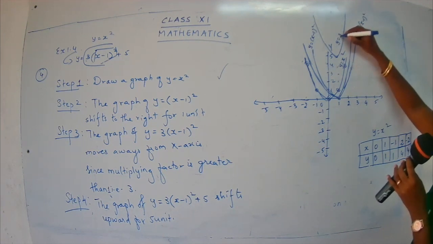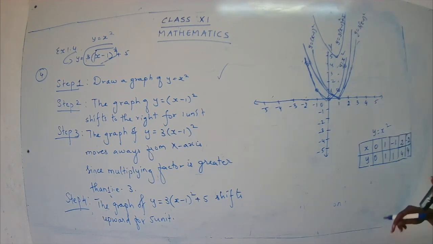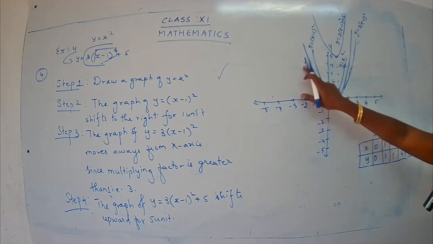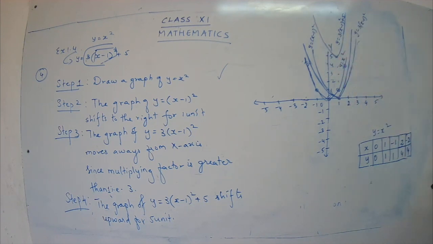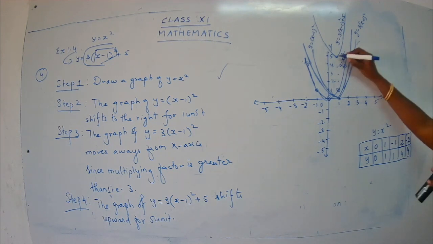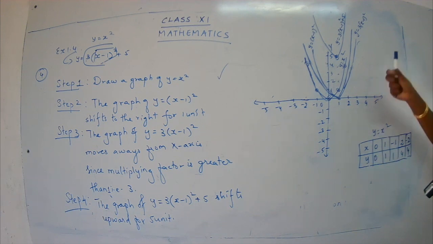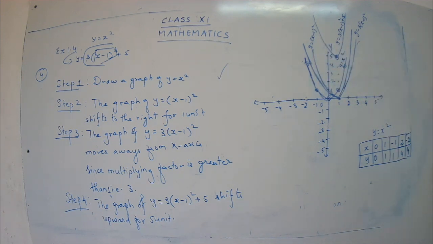So this is y is equal to 3x minus 1 the whole square plus 5. So this is just for our reference, okay? A rough figure for the graph. So see how we started with the curve. We started with this curve and now we have got a curve over here. Y is equal to 3x minus 1 the whole square plus 5. Just draw the curve smoothly. I have told you, you can use smooth curve and complete the graph.